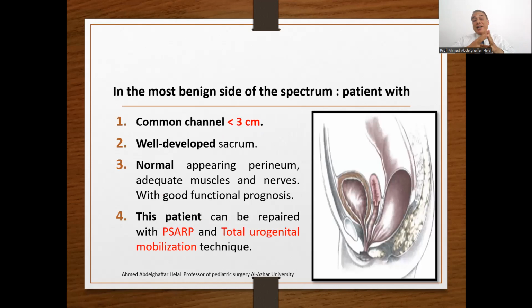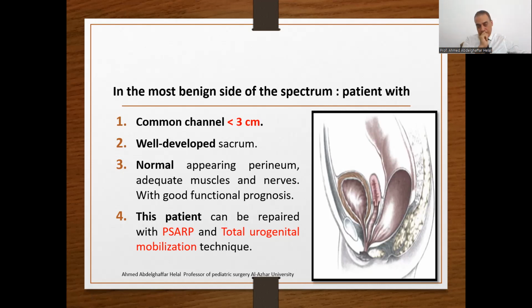So on the most benign side of the spectrum, we may see a female patient with a common channel less than 3 cm. This is the common channel here, and this is the opening on the perineum. These babies will have a well-developed sacrum, normal appearing perineum, and adequate muscle and nerve, with a good functional prognosis regarding the bowel and the urinary tract. The patient can be repaired with PSARP for dealing with the rectum and what's called total